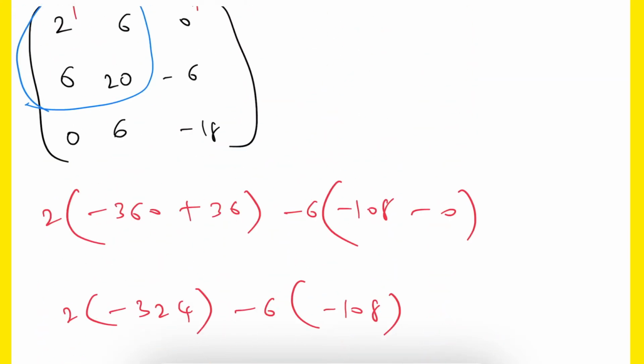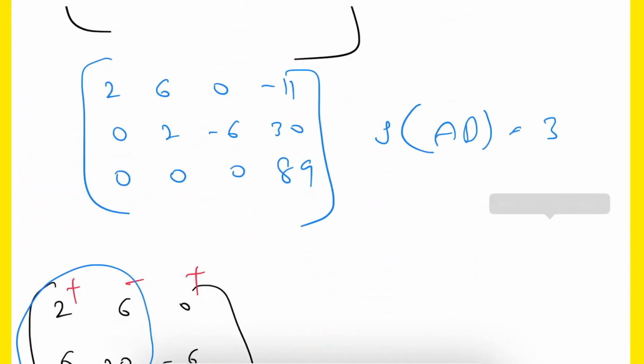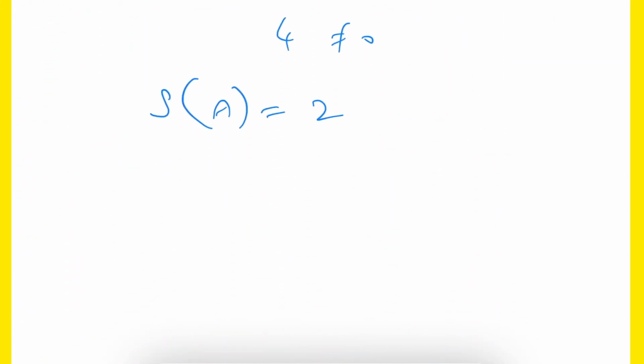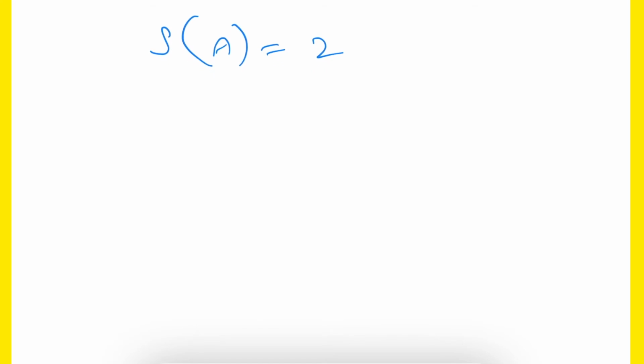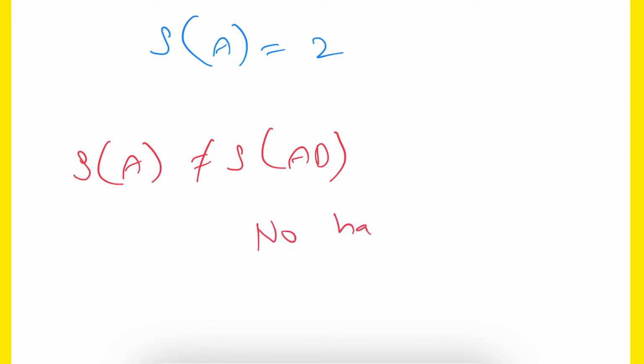Now from the previous step, rank of the augmented matrix is 3, but here rank of the matrix is 2. So rank of the matrix is not equal to rank of the augmented matrix. When rank of the matrix as well as rank of the augmented matrix are not equal to each other, then we can say that it does not have a solution. So the given 3 equations do not have any solution at all.